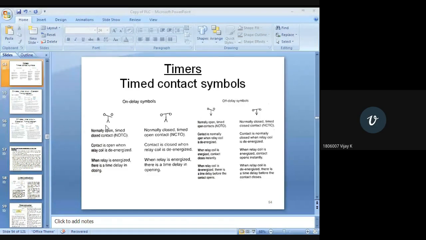Okay, sir. A switchboard is there. You press the switch. What should happen? Immediately our bulb should glow. But when you are using PLC and programming, you introduce some time delay of 5 seconds.